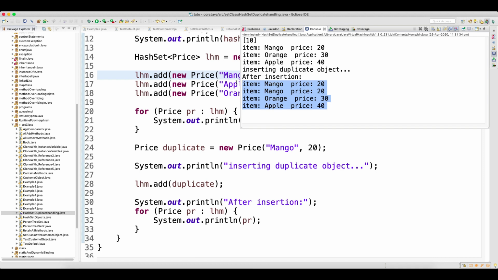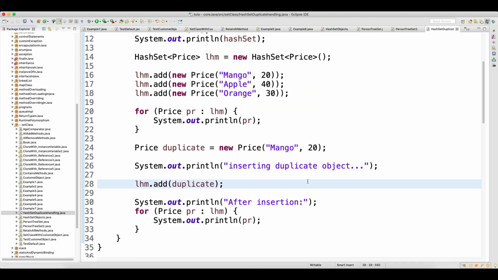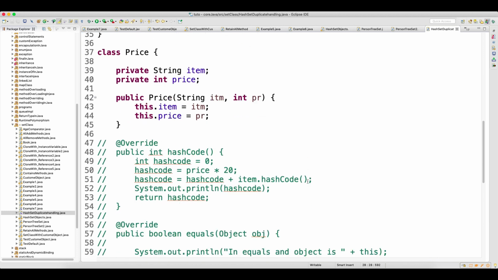Okay, it will not take care. Then in these situations, people will ask you in the interview how you can handle the object data duplicacy. People will ask you in the interview. You have to tell that you can handle this by overriding the hash code and equals